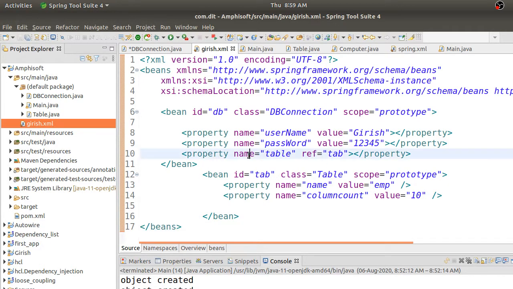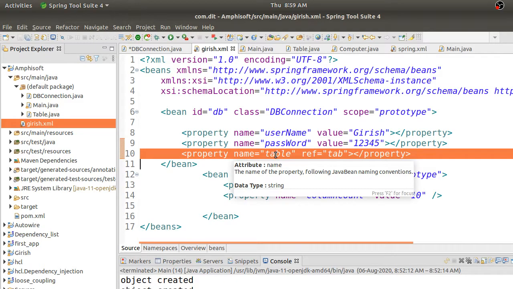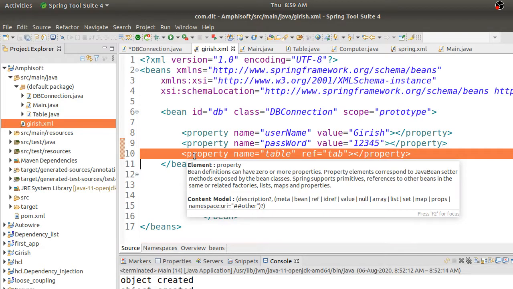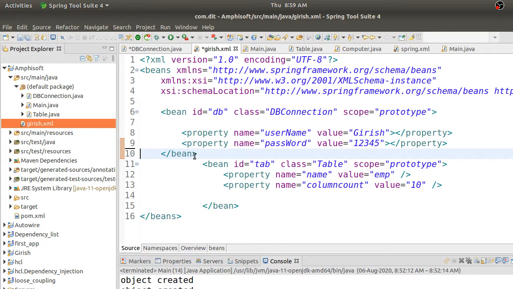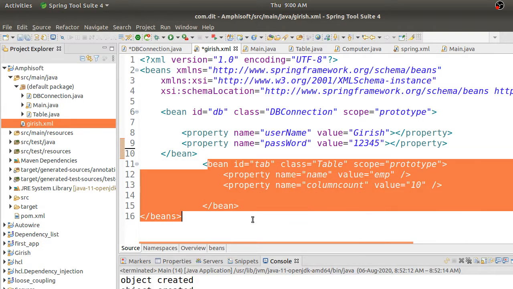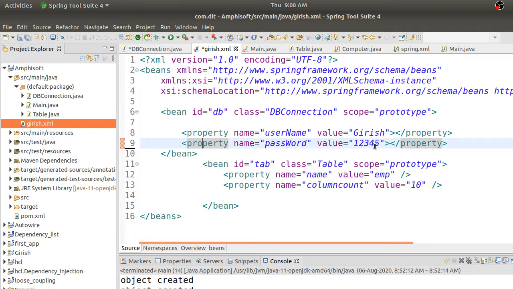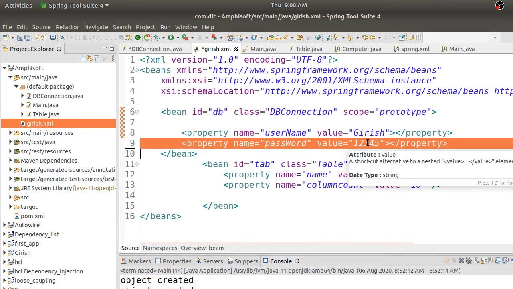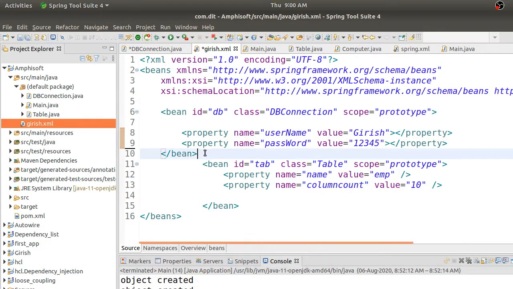Now I have this dependent property called table, and I have given some things here to configure it, but I don't want to write this property. It's so boring, right? If it is an inner bean, it is very hectic to write. If it's an outer bean, I've externalized the behavior, that's not a problem. But now I am saying, there is one property called Girish which is a string, another property called password which is a string, and there is one more thing, but I'm not mentioning that property. For me, that is not a matter at all.